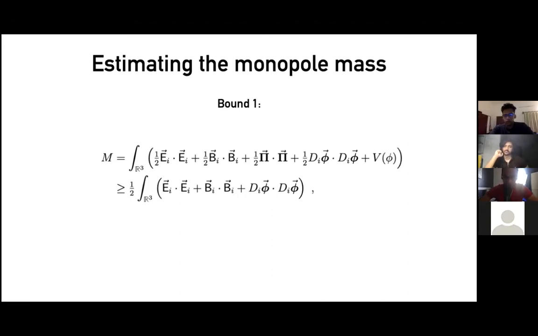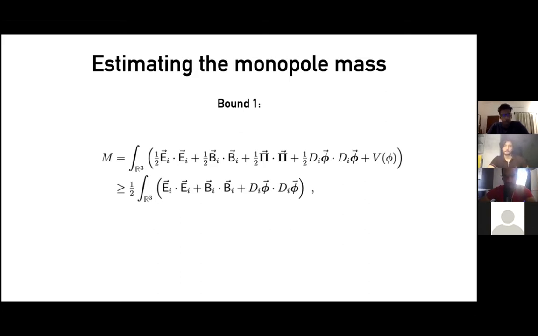Why is this true? It's because we really are doing all of this on R3, right? With the metric on R3, which is positive definite. And so having additional pi squared and assuming that you have a positive potential means that they're really going to add to the mass. So these are really positive things you've taken away.